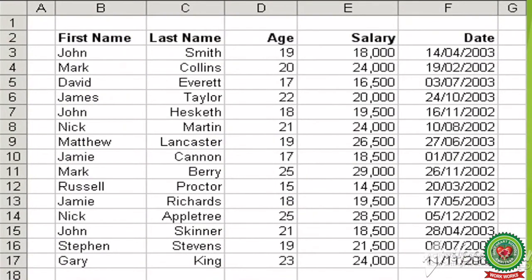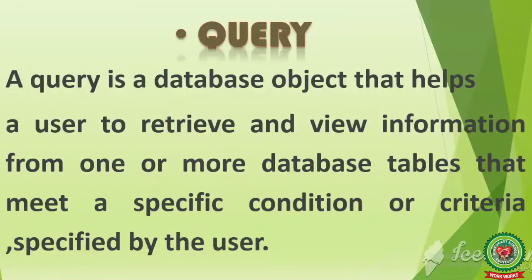Students, the database of any organization may contain a huge amount of data. It becomes difficult for any user to extract a specific record from the table. Then Microsoft Access provides us a solution for this problem through queries. Now, what is a query? In general, a query is like a simple question that you ask to find specific information from the database.